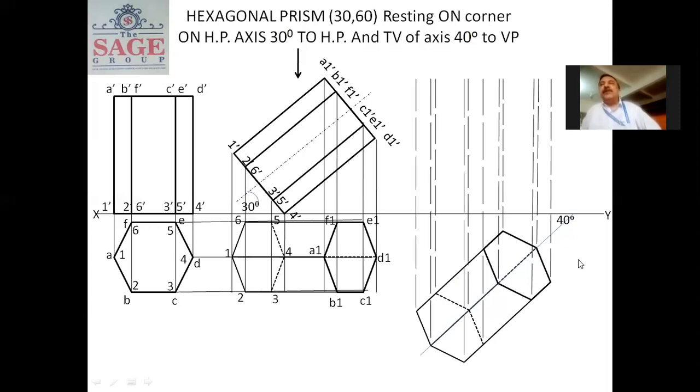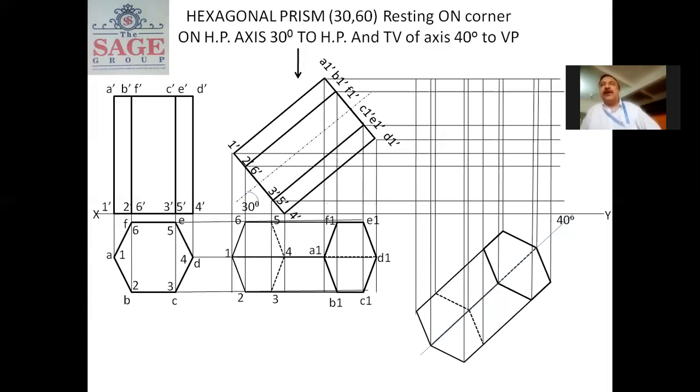Now we have to draw projectors vertically, then draw locus from the previous front view, and here we have to go forward by drawing an arrow downward. This shows the direction of the observer. So if we observe from below, the base 1, 2, 3, 4, 5, 6 is now completely visible.